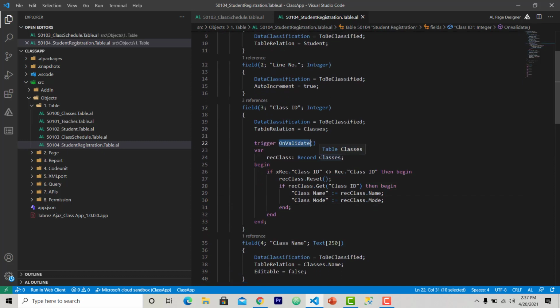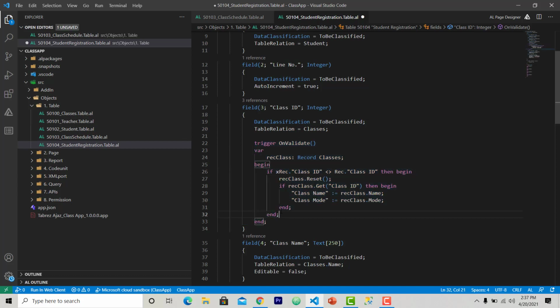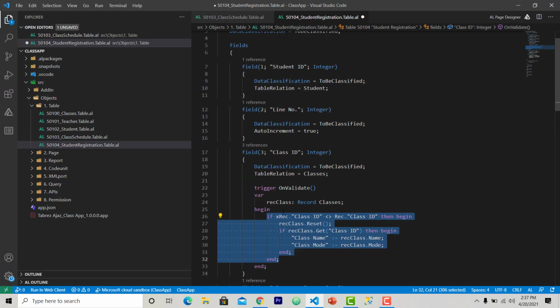When we write some code in onValidate, what actually happens is, whenever you enter some value in any of that field, then this validate trigger will be called, and at that time whatever code you have written in this trigger will be executed based on the desired condition. If the condition is met, then it will execute this code. If not, then this will not execute. So this is all related to onValidate trigger, if you want to enter some specific information or do some specific task whenever any value is inputted to any of the field.